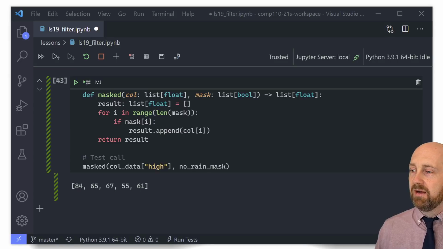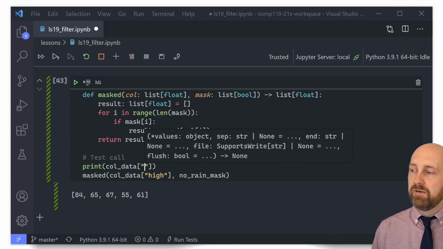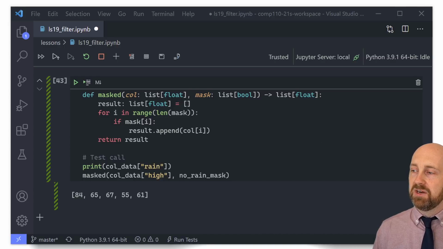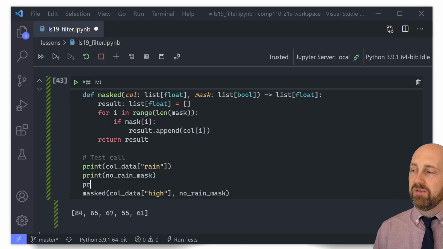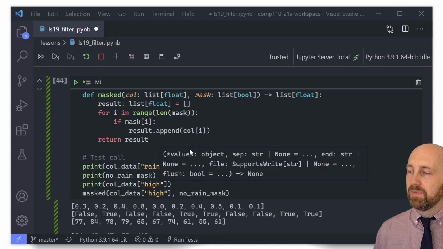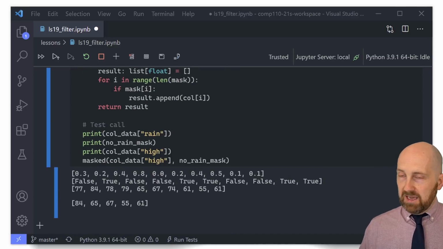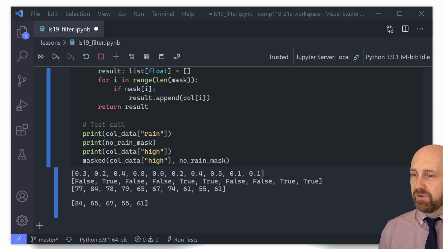So now let's try running this, and we see 84, 65, 67, 55, 61. Just to try and make this line up, I'm going to go ahead and print out column data of, let's do the rain, that's our percentages, and then print no rain mask, and print column data high above this. And this is what we walked through effectively on that previous slide, right? So what we see here